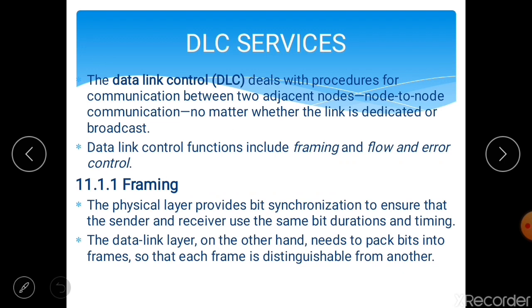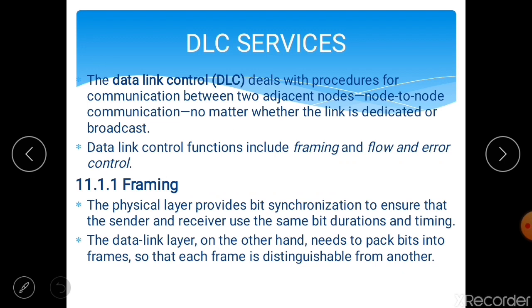Till now, in modules 1, 2, and 3, we have discussed the physical layer. Now we are moving from the physical layer into the data link layer. As you remember, the data link layer always takes data from its upper layer, that is the network layer, and forwards it to the lower layer, that is the physical layer, in the form of frames. So now we are going to study how the data link layer works.